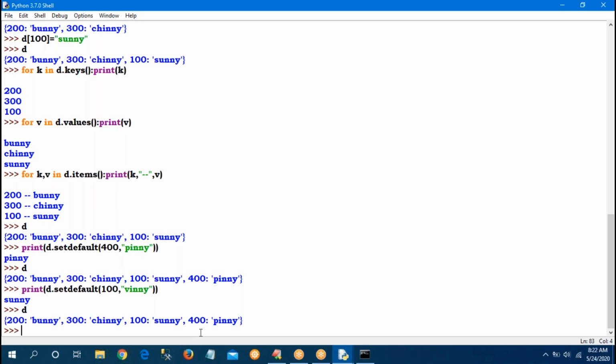Winnie is not updated. It won't give an error also, Harsha. That is the setdefault function. Because I am asking setdefault of 100, and 100 Sunny is already available, Sunny is returned. Why would I add? It won't add Winnie. That is the meaning of the setdefault function.